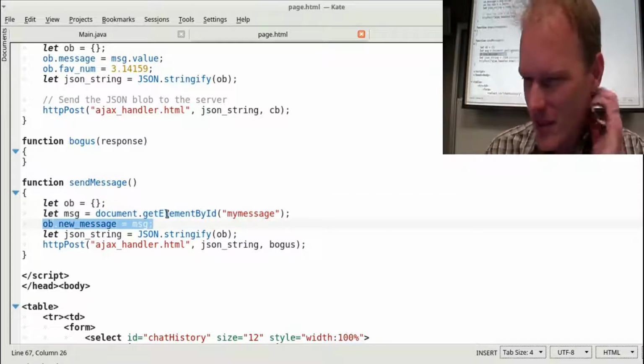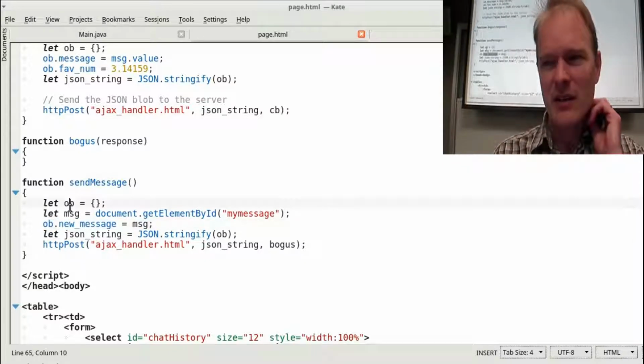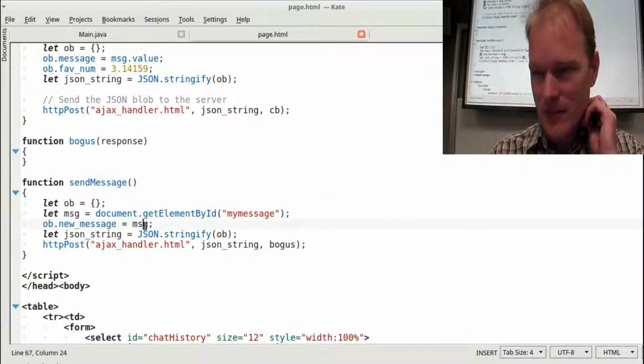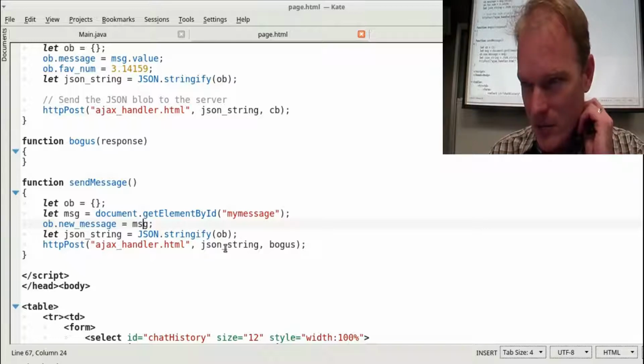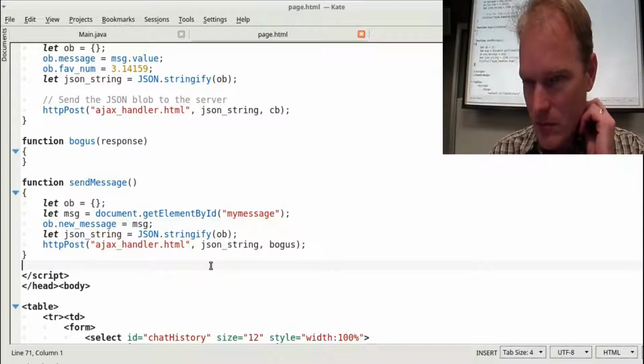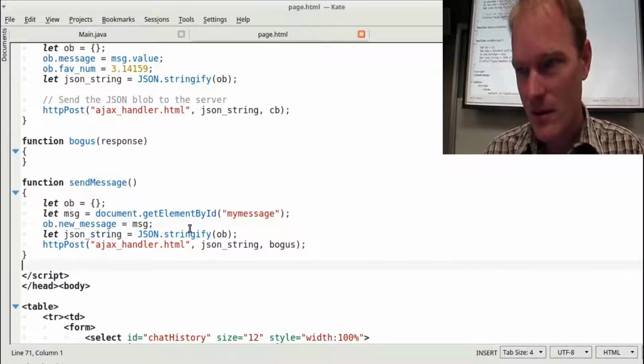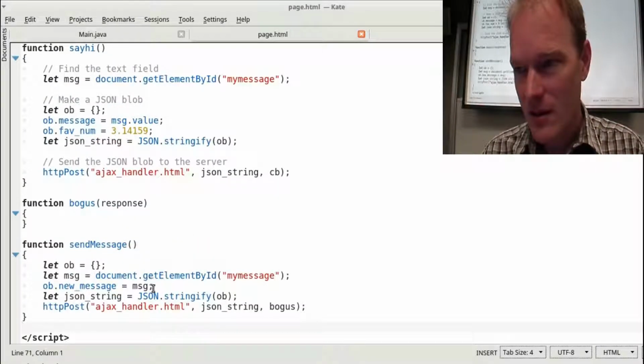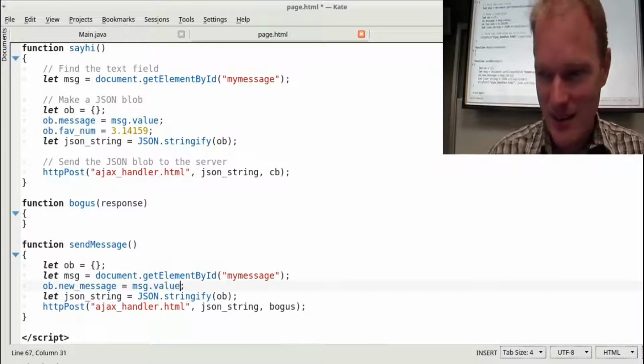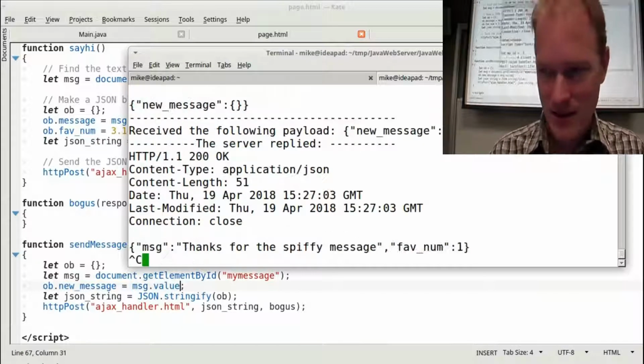Ob.newMessage is equal to the message. So that should have created a new message field in ob. Stringify the ob, send it. In your say hi function, you did message.value when you're storing into the object instead of just message. Ha ha ha, I bet you that was it. Let's see if that does anything.